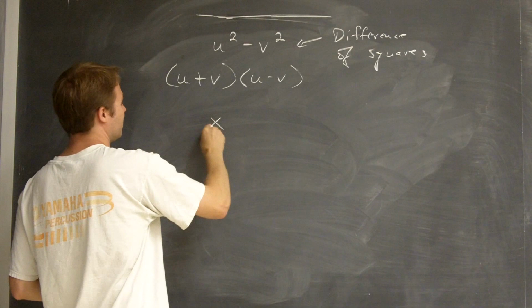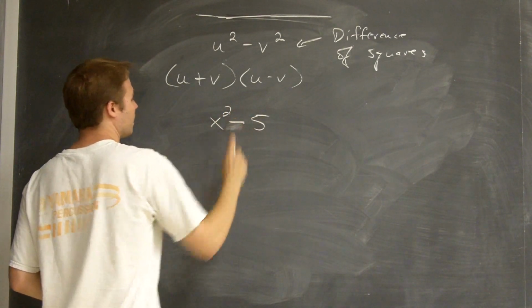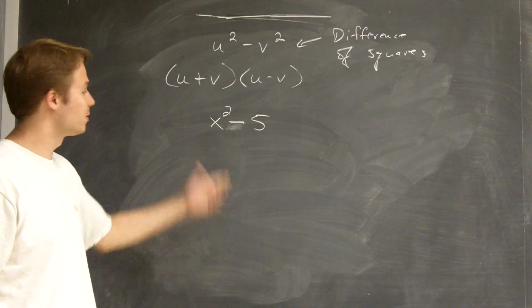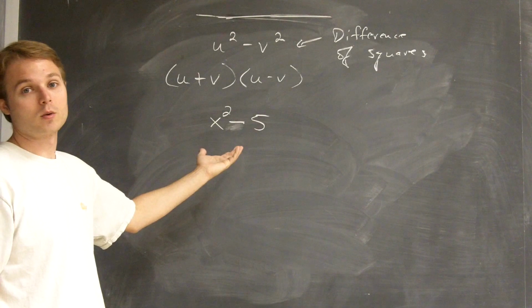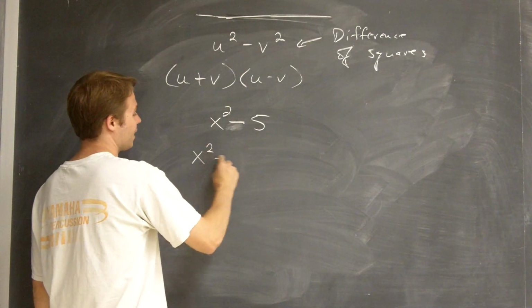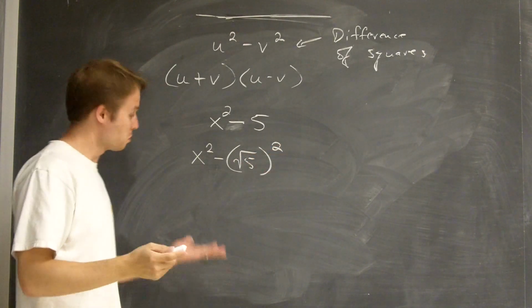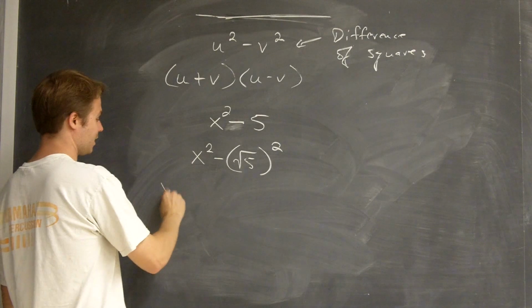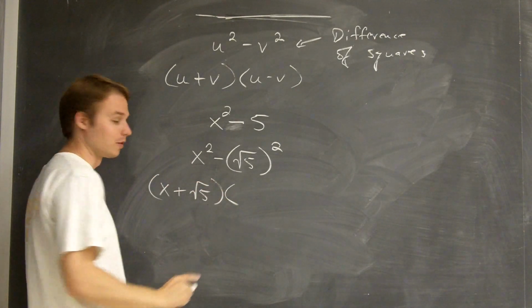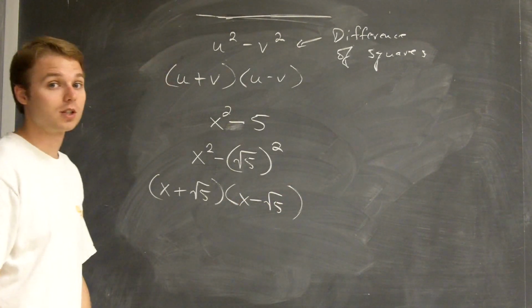something like this. x squared minus 5. You might look at this and say, well, it's not a difference of squares because 5 isn't a perfect square. But we can bend the rules a little bit and say, well, isn't 5 really just the square root of 5 squared? Sure. And so in that case, we could split this up like this: x plus the square root of 5 times x minus the square root of 5, and still get a factorization